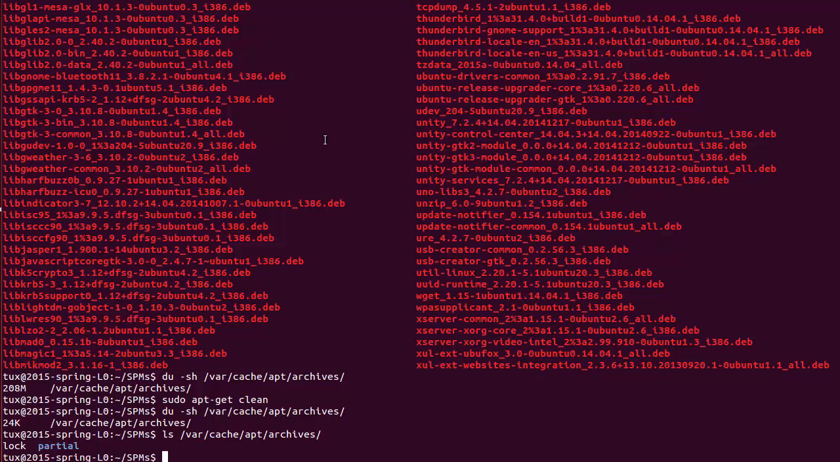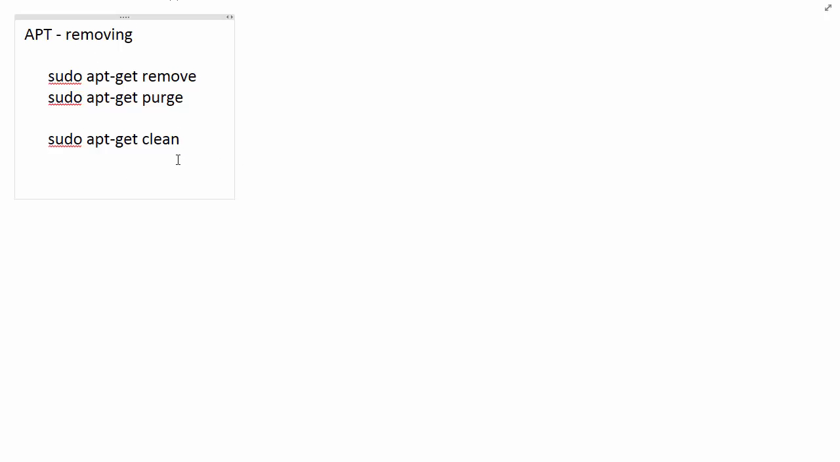So this is a good idea to do a sudo apt-get clean from time to time. Maybe even automate it, so that it's done regularly on your behalf. Now there are two other commands that I'm going to just mention, so that you are aware of what they do and how they can serve you. The first one is sudo apt-get